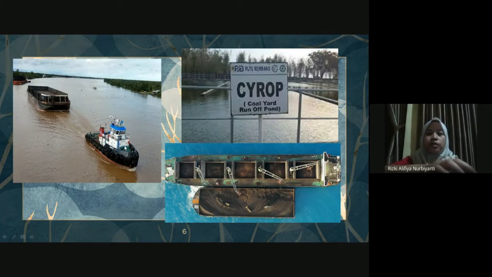And then for the second picture, on the right at the bottom from the readers, this is the crusher pit. The crusher pit is a coal crusher hole that serves to reduce the size of coal particles. And then the last picture is the silo, or coal yard runoff. This pond functions as a storage tank for wastewater from cleaning the transfer tower and crusher.